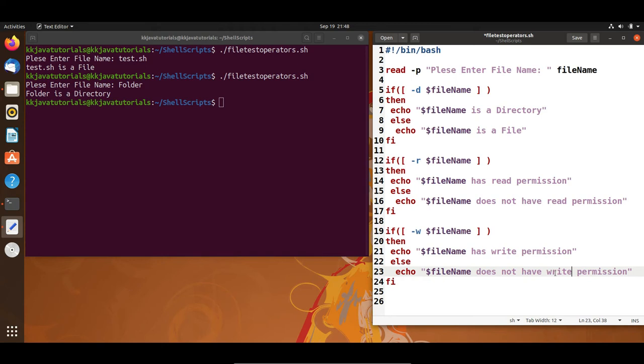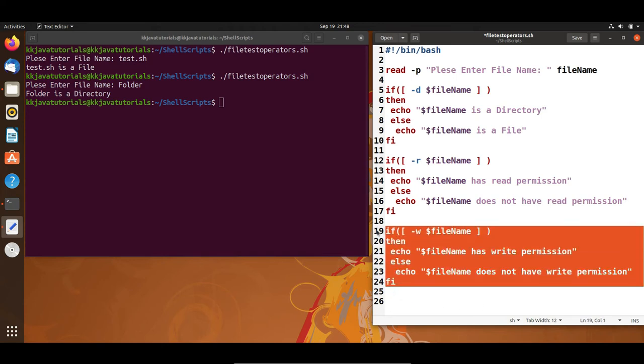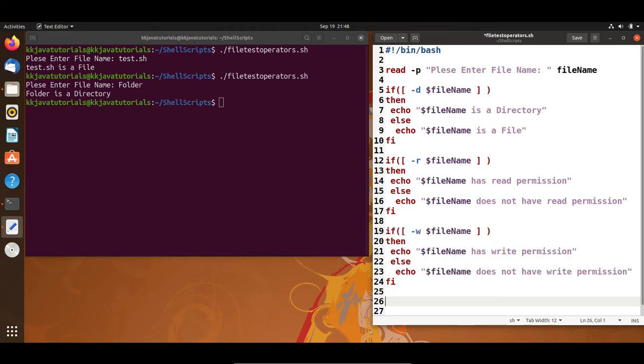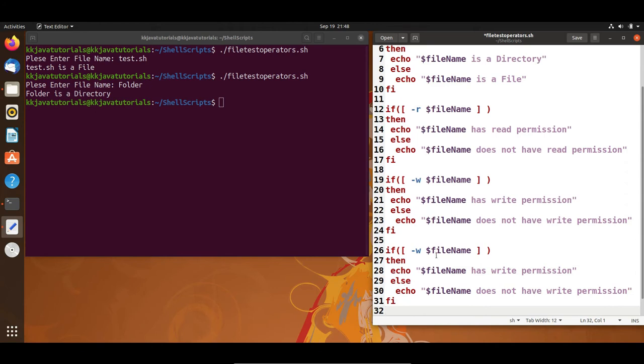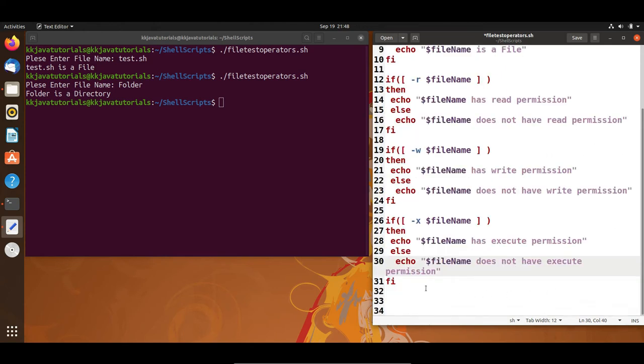write. Similarly, if you want to check whether a given file or directory has execute permission or not, then you can use the -x operator, and here you can see has execute permission. If this returns false, that means does not have execute permission, right? And last but not the least, I would like to talk about